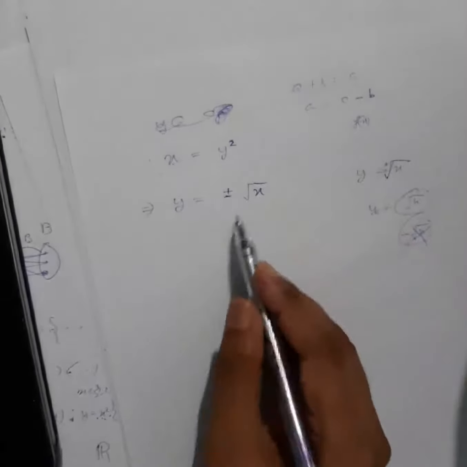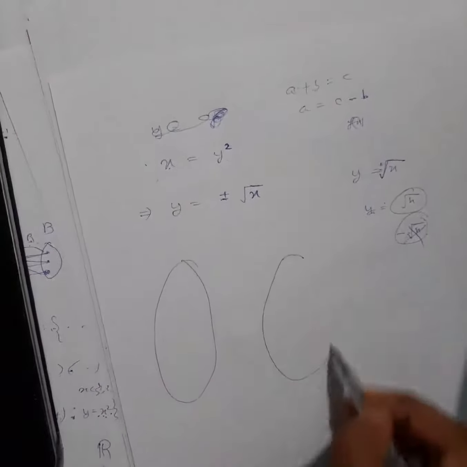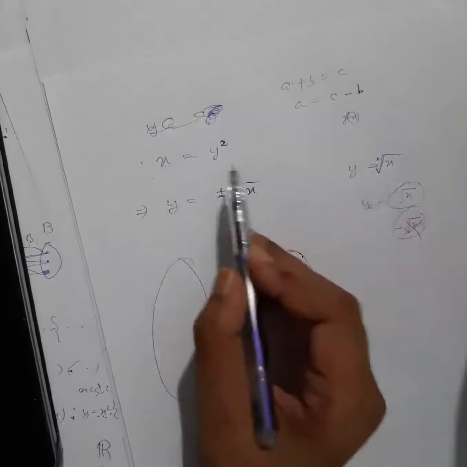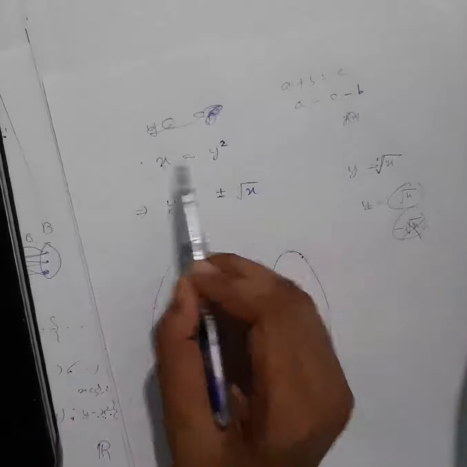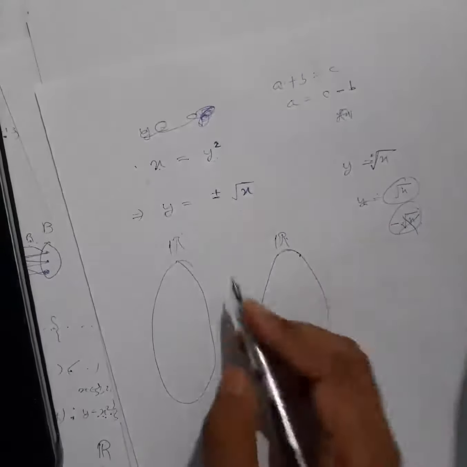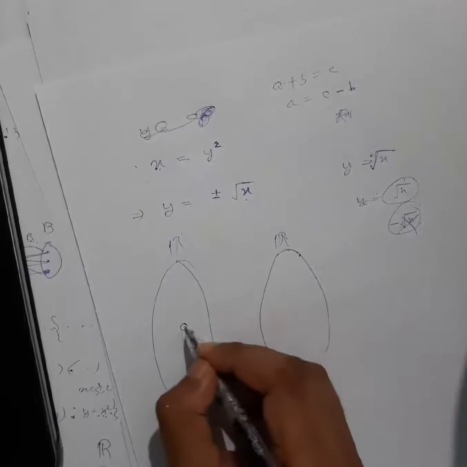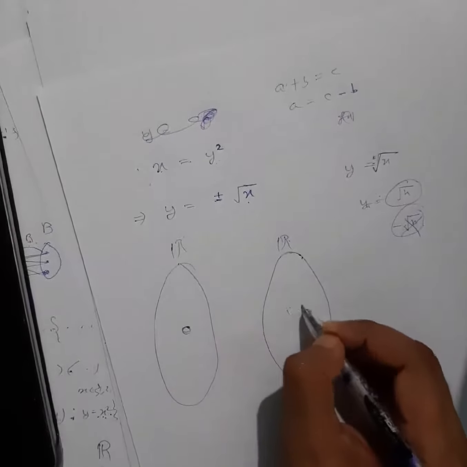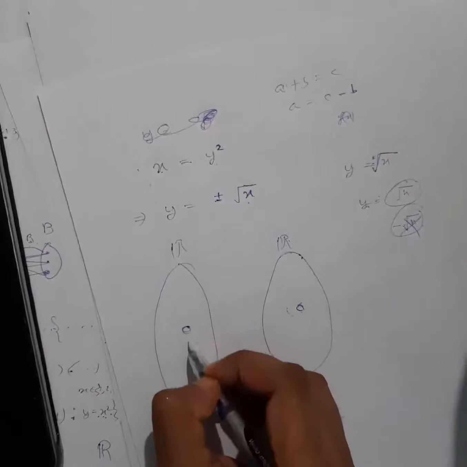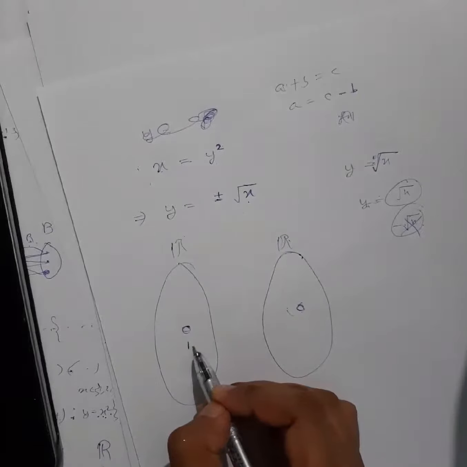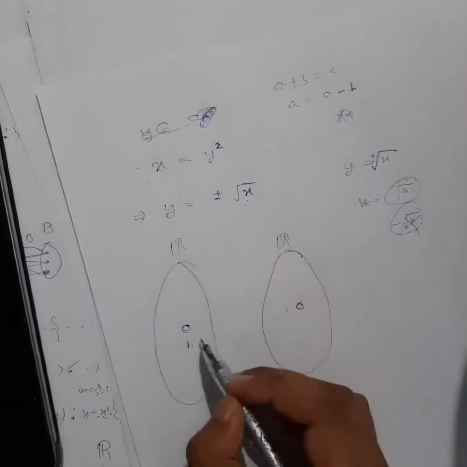So this time if I draw the arrow diagram for this, you see this time also I didn't tell you where to take x from, or where to take y from. So you need to understand it is from the real numbers, both of them. So x, if I take anything, suppose 0, this will be what? Square root of 0, that is 0 only, right? Let me take 1. I will not take everything in between, I will show you from here only. If I take 1, what will be your y?